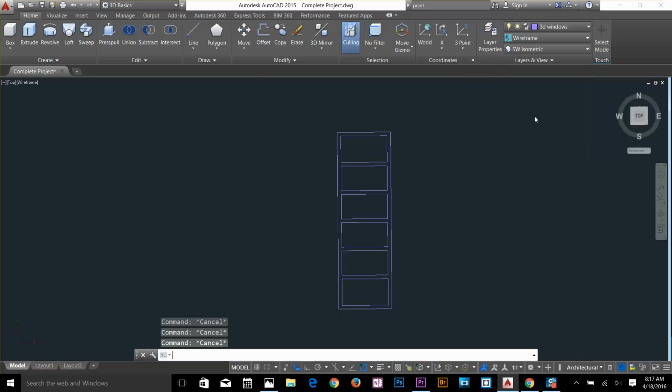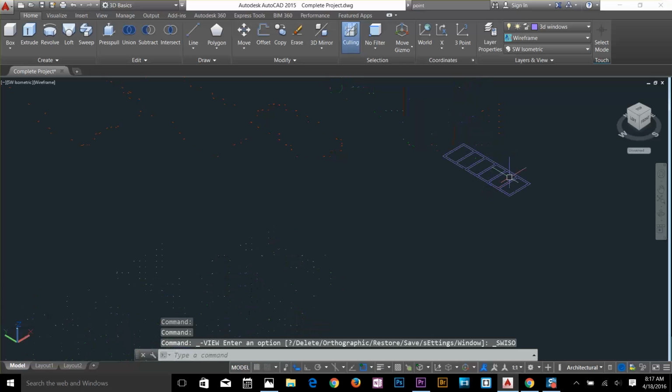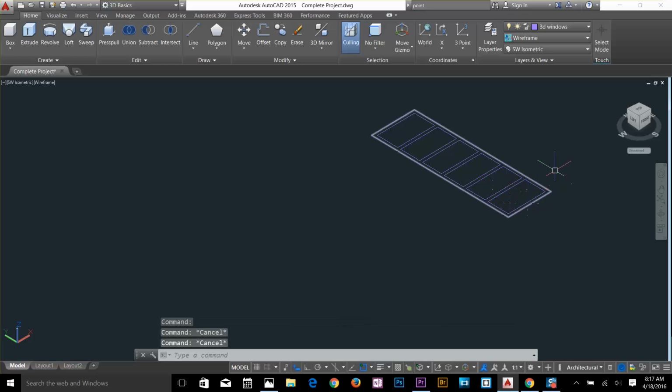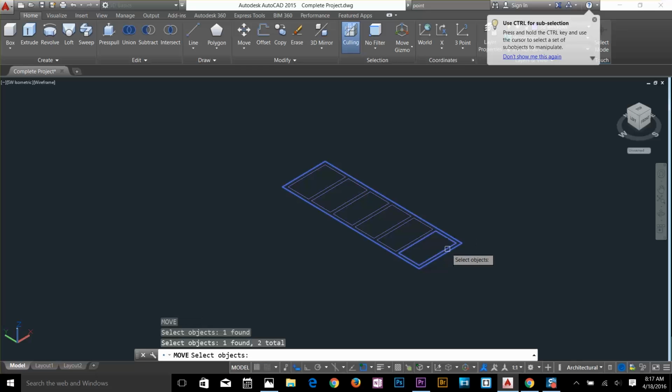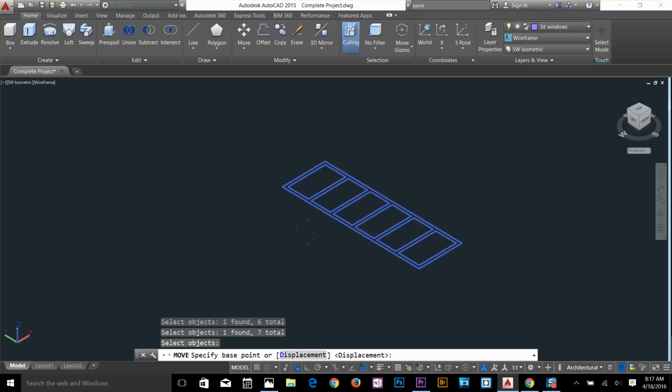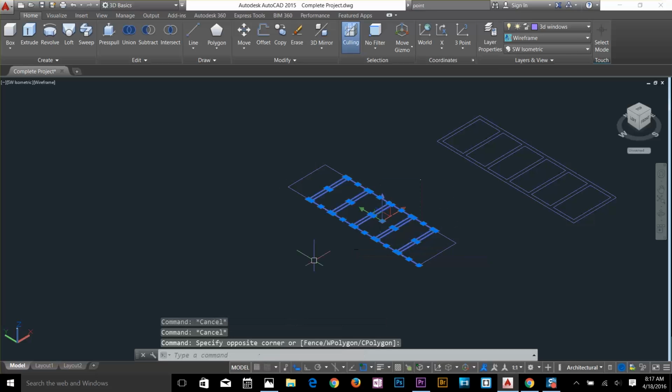Alright, so now I'm going to use my boundary command. First go to your SW isometric view, and as you can see these are the separated objects. So I'm going to use a boundary command, pick points, click on each rectangle, and now I'm going to move this. Alright, so I'm going to move this here. I'll get rid of these,